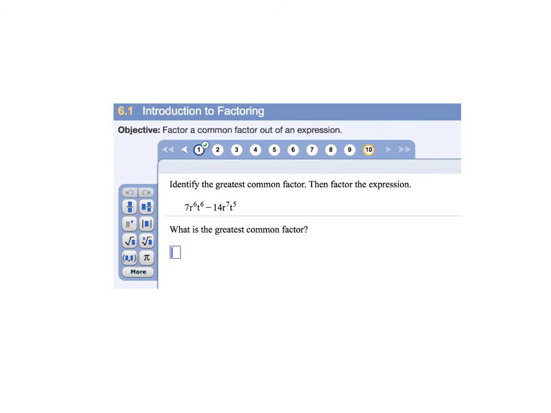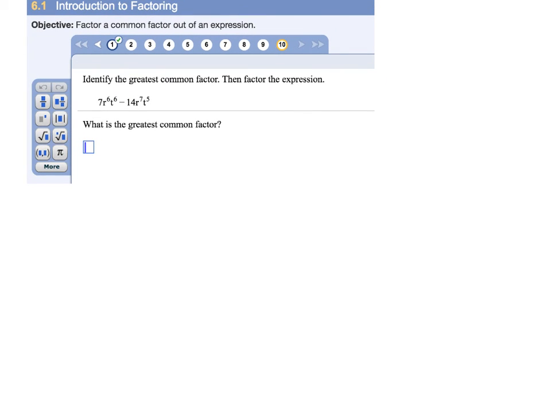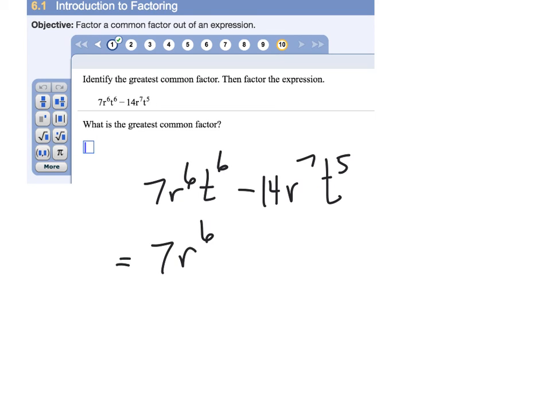And this is practically the same as the previous problem. So you've got 7r to the 6th, t to the 6th, minus 14r to the 7th, t to the 5th. And I can see that we have a 7r to the 6th, t to the 5th in common. And so when I factor out, that goes away, that goes away. 5 of these t's go away, so I'm left with just a t on the inside,